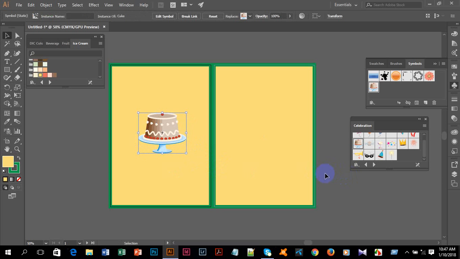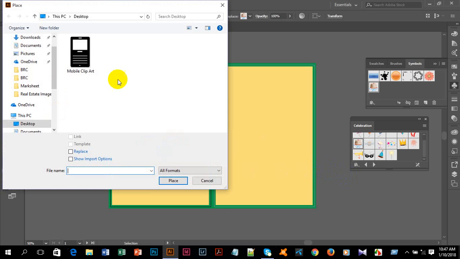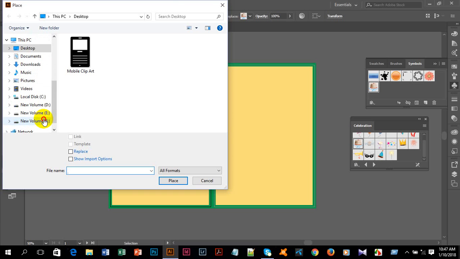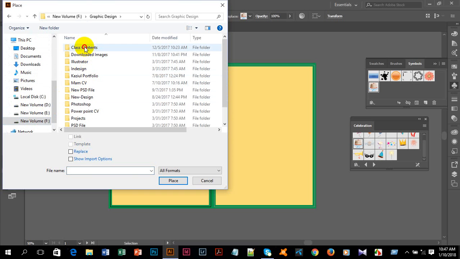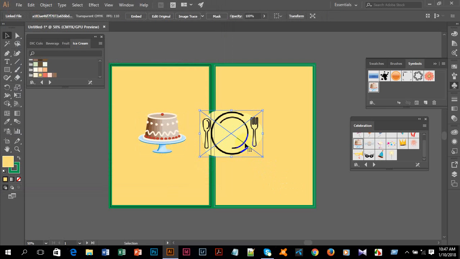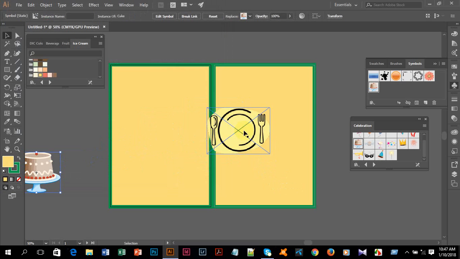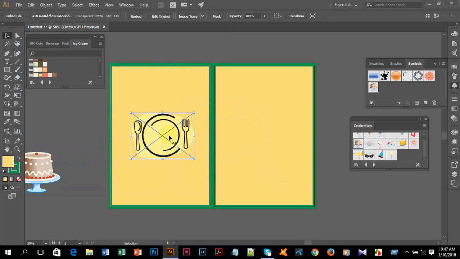Otherwise, you can go to File, and if you have already downloaded an image, you can go to Place, and go to the folder where you have put your images, and put an image here. You can do it both ways. If you don't have images, you can take an image from the Window, and if this color matches this rectangle, then you can change the background color.